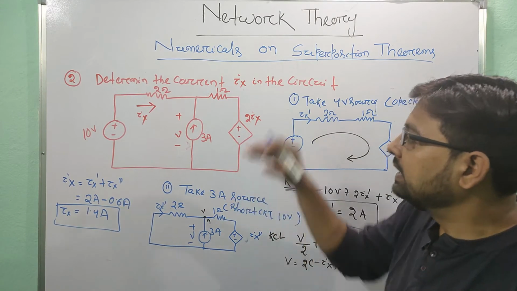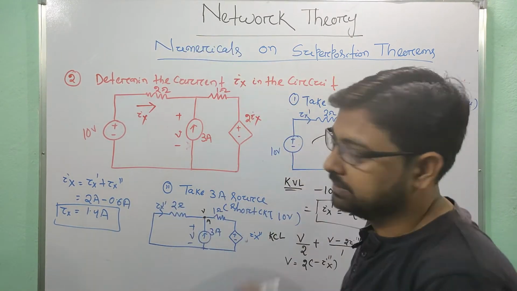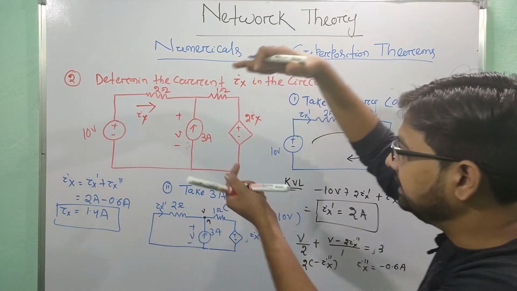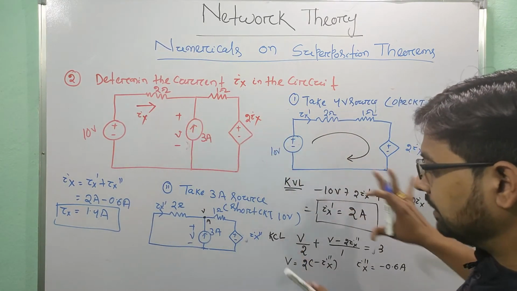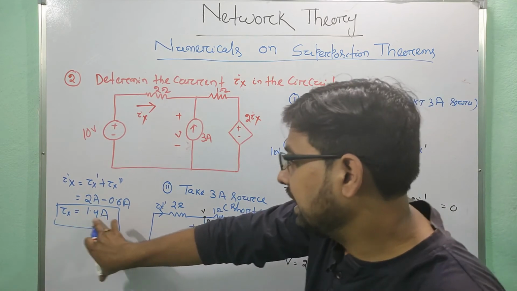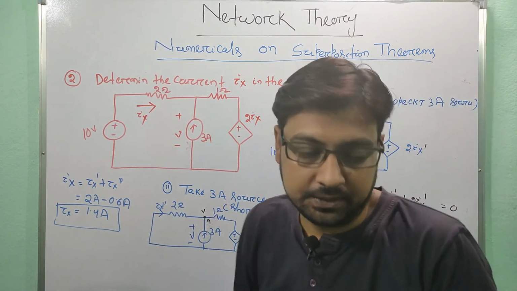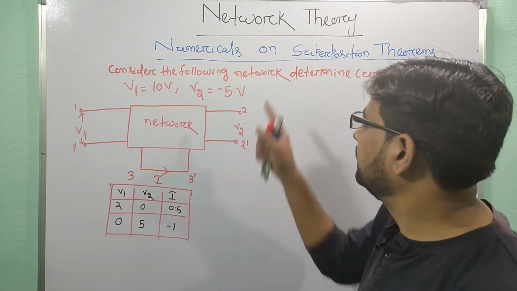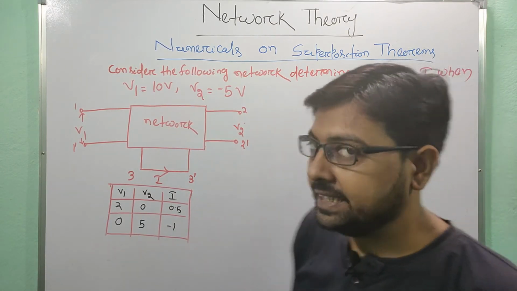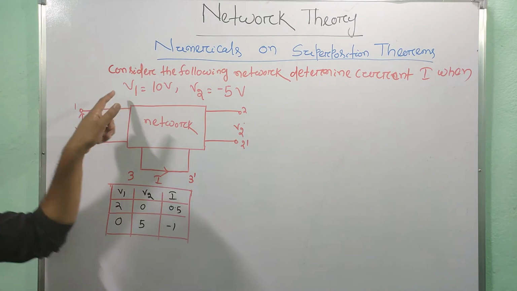ये प्रॉब्लम को मैं KCL और KVL अप्लाई करके भी सॉल्व कर सकता हूँ, बट यहाँ पे हम सुपरपोजिशन थ्योरम अप्लाई करके दिस प्रॉब्लम को सॉल्व किए हैं एंड मेरा Ix वैल्यू आया 1.4 एम्पियर. ओके, द नेक्स्ट क्वेश्चन इज consider the following network, determine the current I when my V1 is equal to